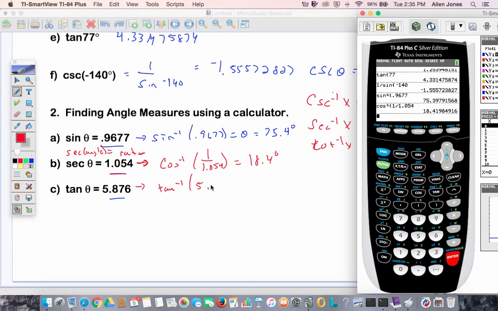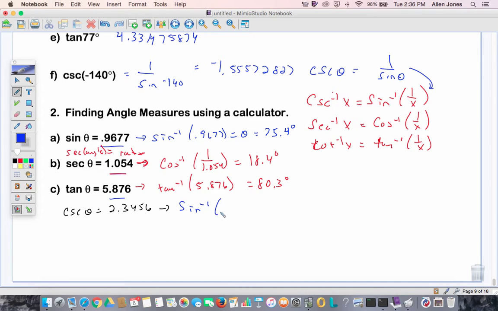We'll go ahead and do tangent, inverse tangent of 5.876. We're not working with reciprocals here, so we just type that in. And inverse tangent of 5.876 equals about 80.3 degrees. Okay, let's just add a couple more on here with our reciprocal functions. Let's do the cosecant of theta equals 2.3456. Okay, reciprocal identity, so we're going to type that in as the inverse sine